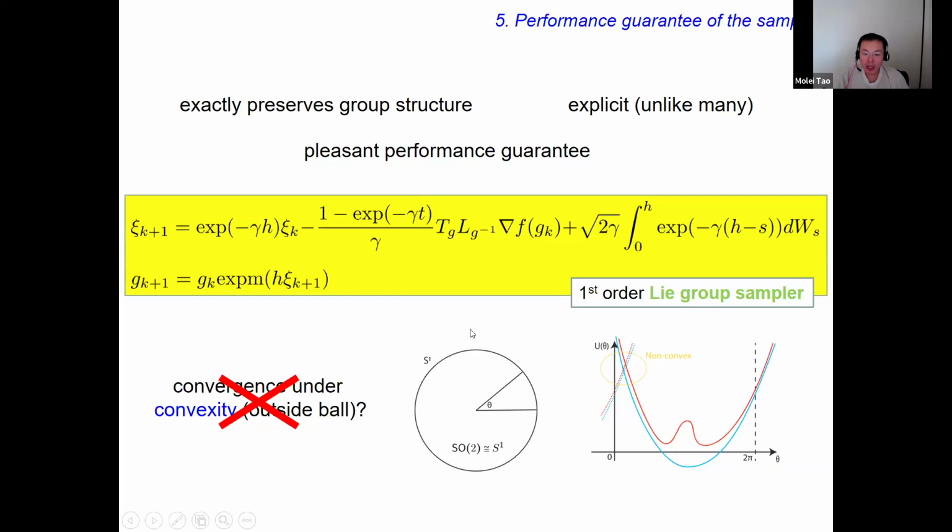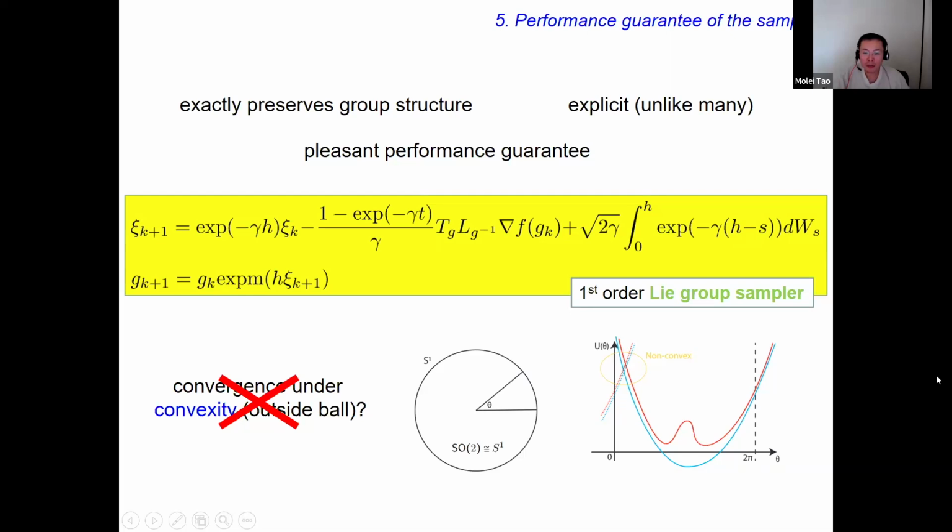But this manifold is actually warped around. So if you keep on going to the right, your function has to grow. If you keep on going to the left, the function has to grow. But as you keep on going to the right, you wrap around, and then the function has to grow to the right, but it also grows to the left. So you actually get a contradiction. As a consequence, you cannot really have convex functions on any compact manifold unless it's a constant function.